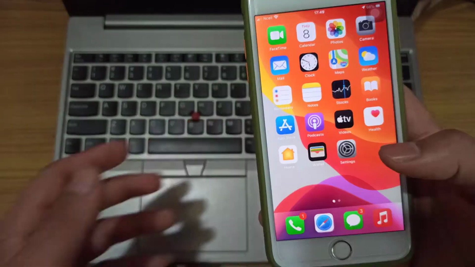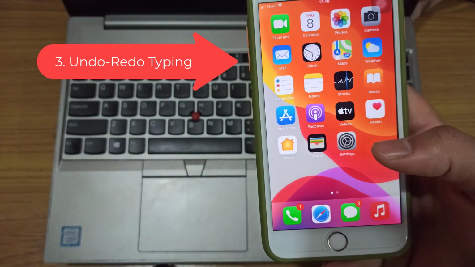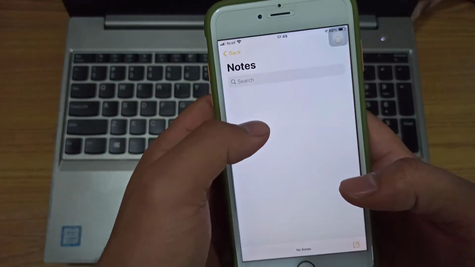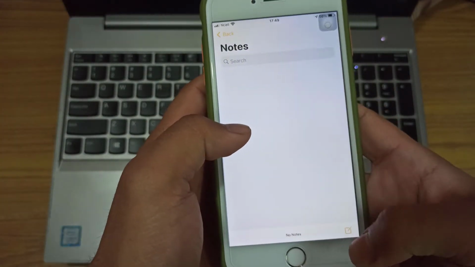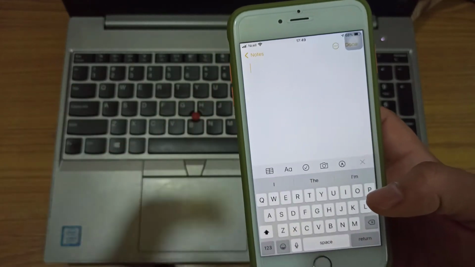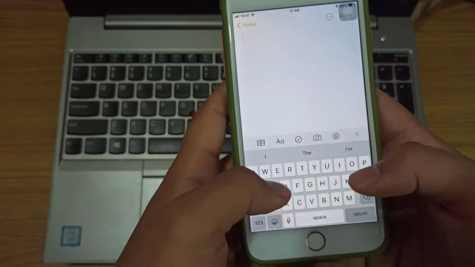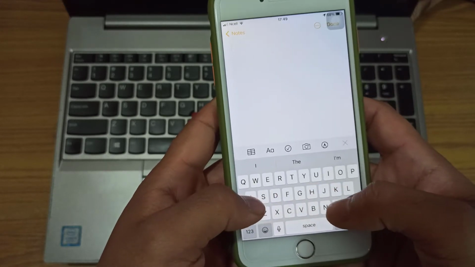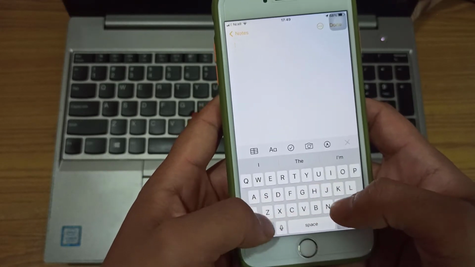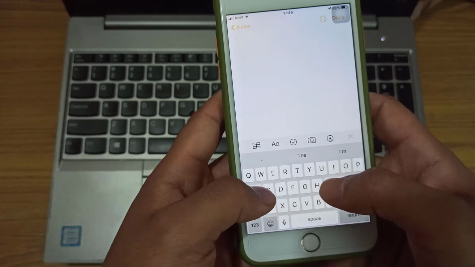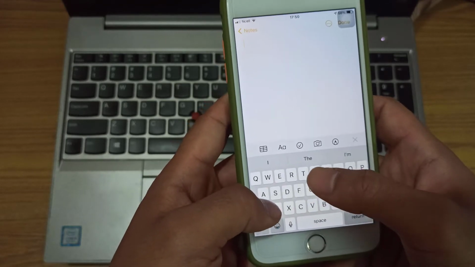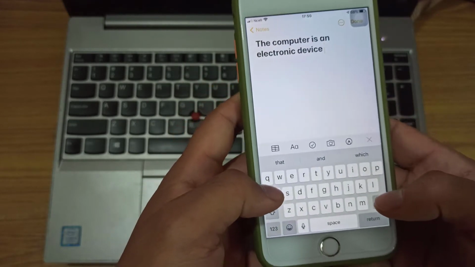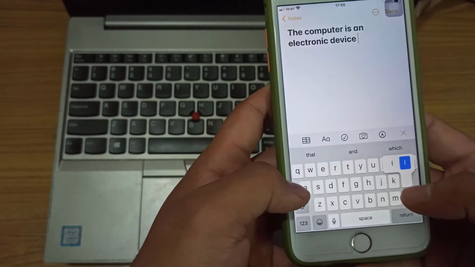Okay, now if you are typing anything and you want to undo your typing, likewise in a computer we can just press Ctrl Z, here we can also do the undo of any typing. Okay, now I am showing you how to undo the typing. Okay, if I type this and if I erase this,